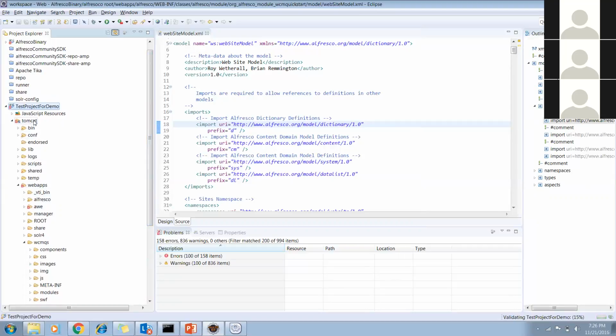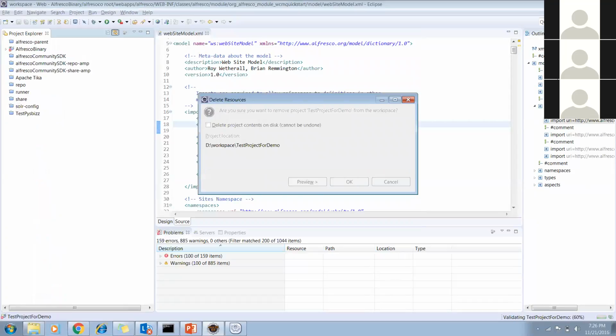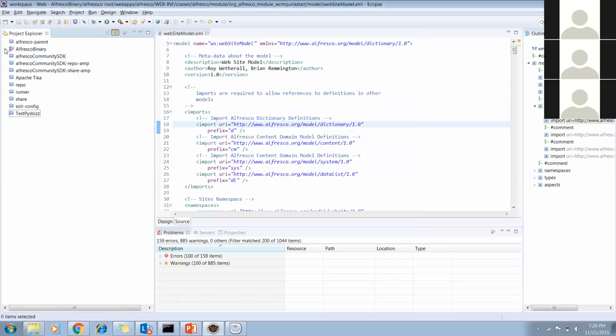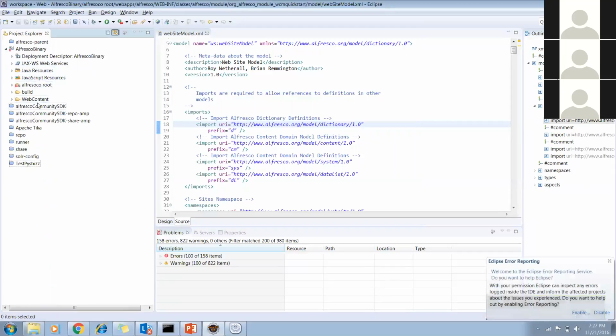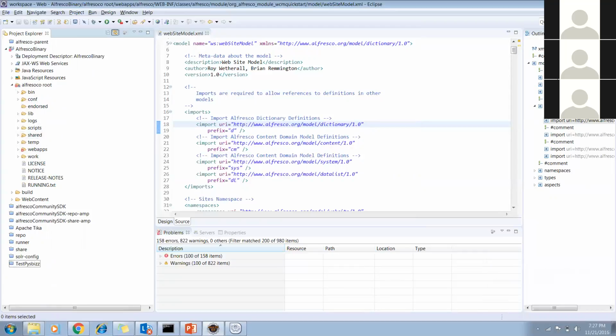So you understand how you will map. Yes, Jamil. I'm going to delete this project because I have already linked it with another project. If I have multiple files, sometimes it will be confusing. I have already done the same thing here. Nothing is different. This is the Alfresco root, I guess. I did the same thing.